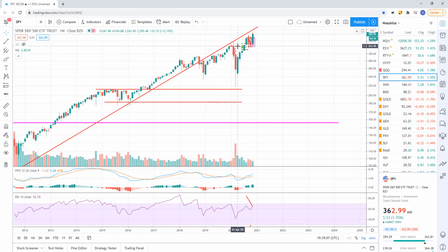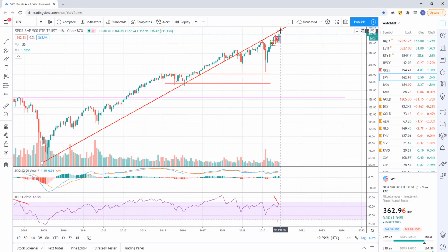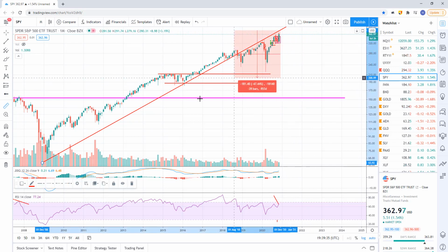And so I'm not really looking for longs. I'm looking for shorts, especially when we're up here near what looks to be the major resistance line around this area. So we can go a little higher, and prices can go higher. But I think we're in the area where we're going to start to get rejected again in a major way. And if you get rejected in a major way on this chart, that's going to be a big, long bear market. And so I think we get rejected, and ultimately we come down to something like this,